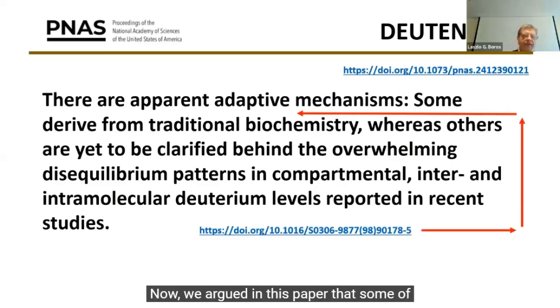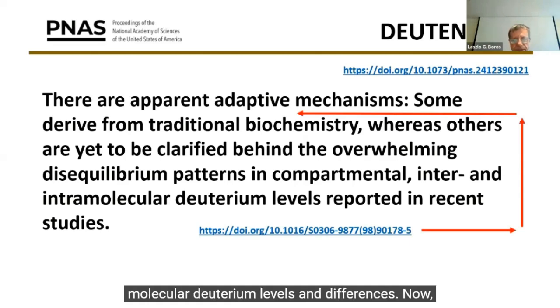Now, we argued in this paper that some of the data can be explained using basic or traditional biochemistry. And we did write papers about the pentose cycle and some other intracellular biochemical reactions. Again, I provided some papers here that you can read, whereas others are yet to be clarified. And this is the main mission of deuteronomics, to clarify some of those compartmental, inter- and intramolecular deuterium